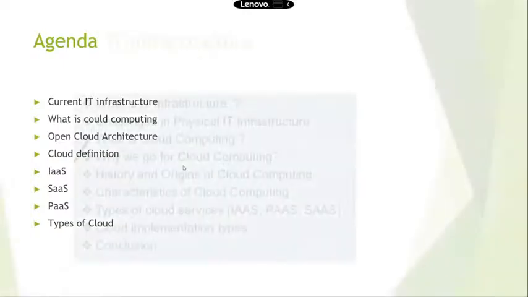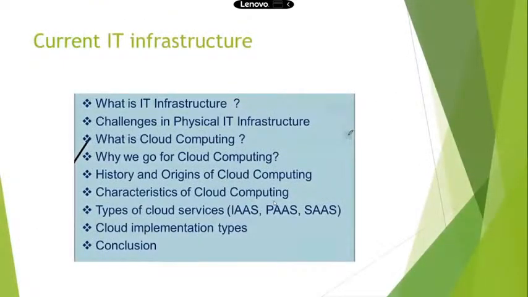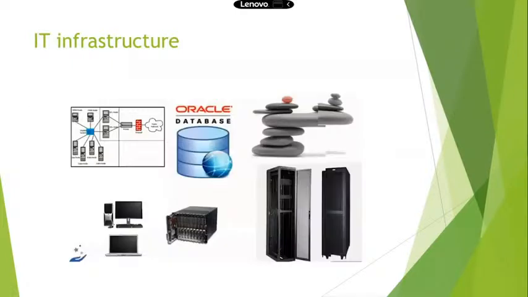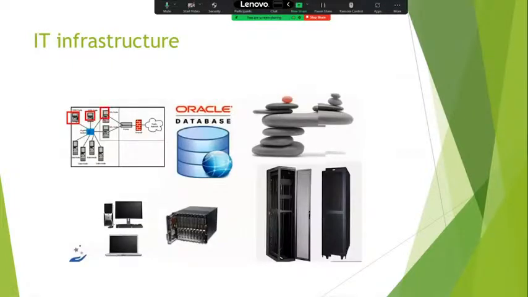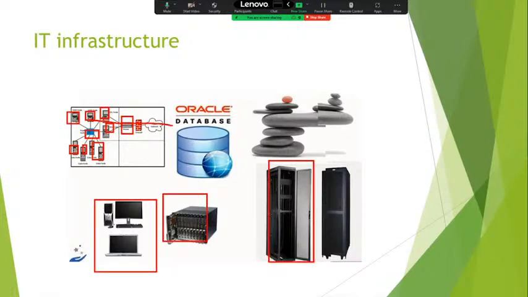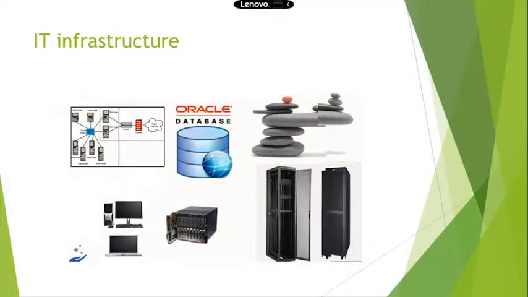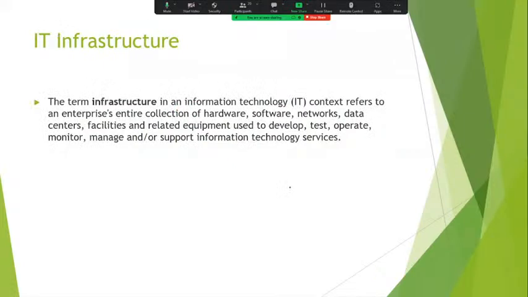A data center. If you go to any organization, the company will have their own data center. See, this is the exact picture of IT infrastructure. If we consider, these are all the devices. Devices are connecting to one router. This is the load balancer. The requests are maintained by the load balancer. Also, this is the hardware, racks, database. These are the network connectivity, cables, switches. We call these IT infrastructure.